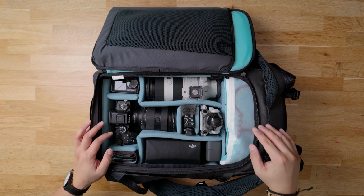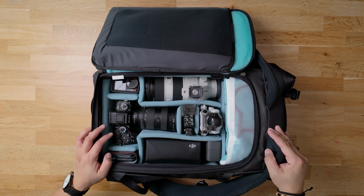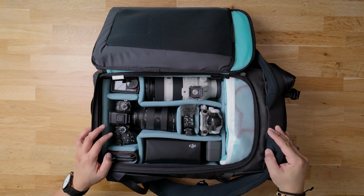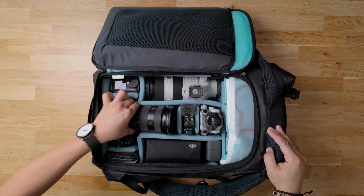And first of all, I mean, look at this organization. This looks so clean and probably way more organized than your bag. I'm not very good at many things in life, but if there's one thing I'm really, really good at, it's camera bag organization. All right, let's go ahead and go through all the gear, starting with my main camera,